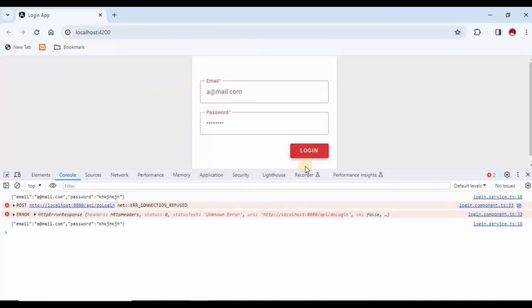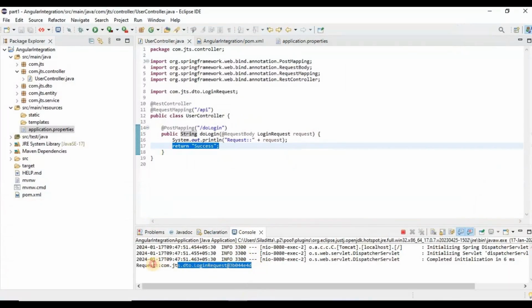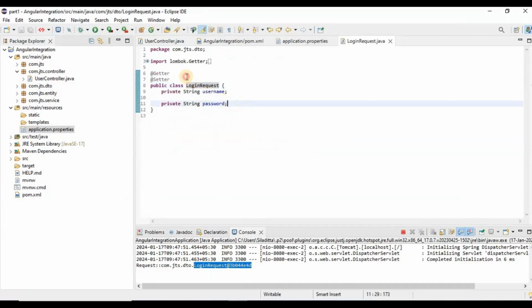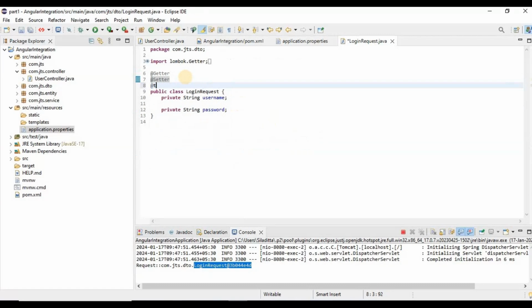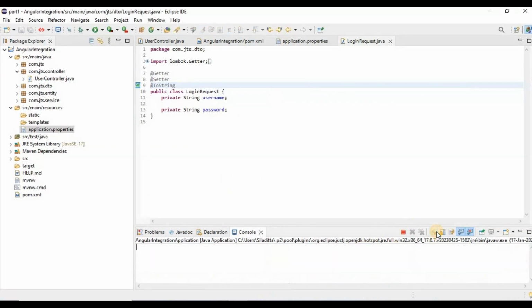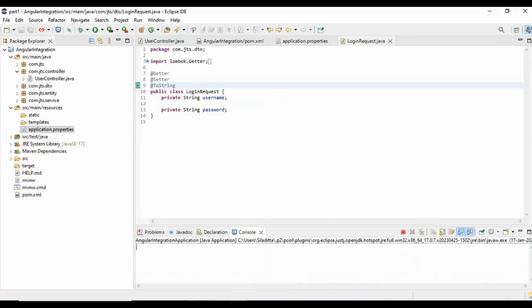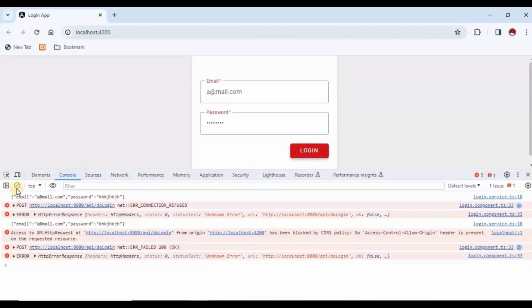Now if we call this one, as you can see, it was called over here in the DTO. Because it is not printing, I need to use the toString. If we save this, it will restart again. I need to clear out the console. This is done. Now if I rerun it again,